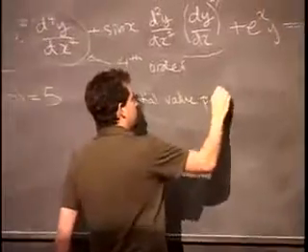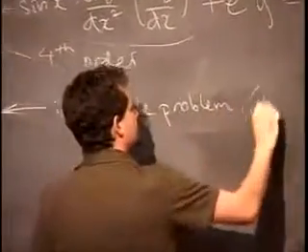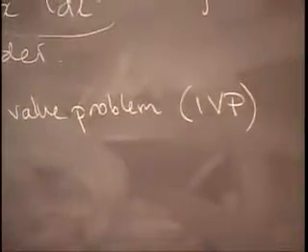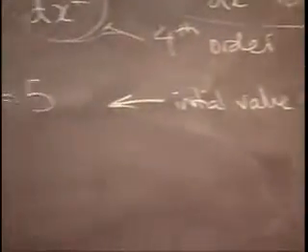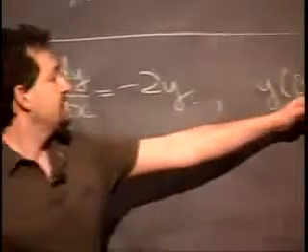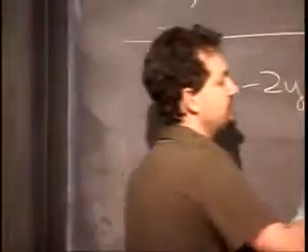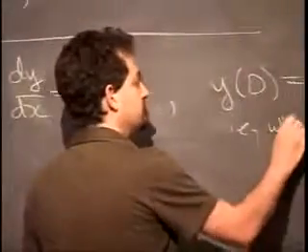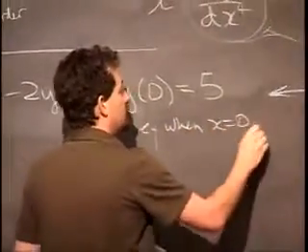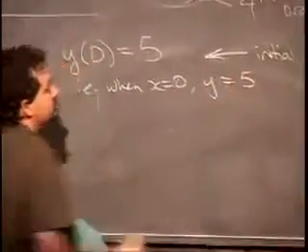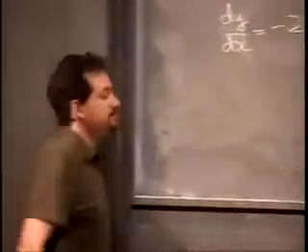But I will always call it an IVP. That means a differential equation and one or more starting conditions. This would mean when x equals 0, y equals 5. And in this specific simple case, I will solve this equation in generality, but because we've already